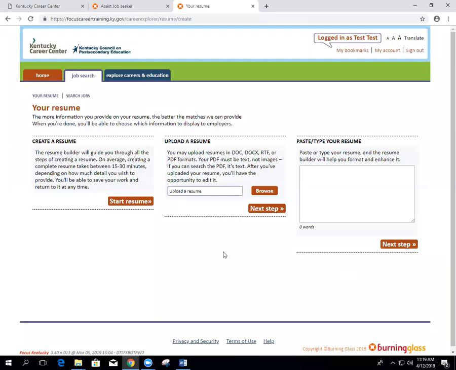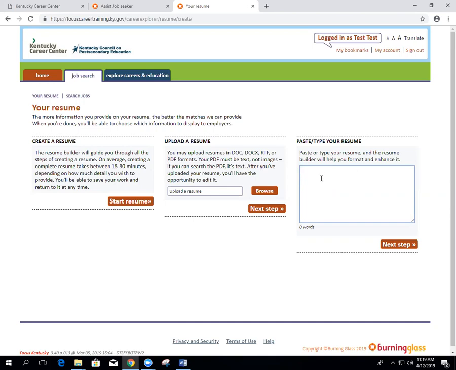Welcome to Module 9, where we're going to talk about the resume upload and paste. If you already have a resume located somewhere online, you could copy-paste the text into this box and hit Next Step. The Focus Career application will attempt to populate that information in the right tabs and the right places. It will still make you go through the guided path to make sure that everything's in the right place. However, a lot of it will already be pre-populated from the uploaded resume